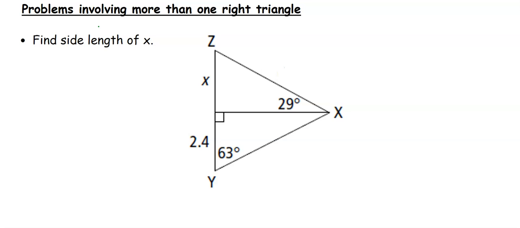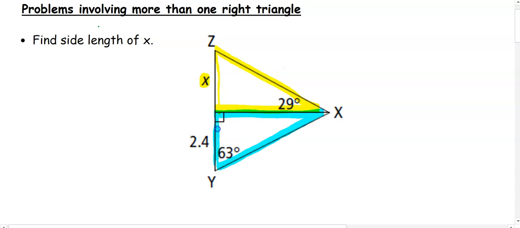So all we can do, if we want to find this side x, is use a right triangle. So I look at this right triangle right here, and I try to solve for x, and I don't have enough information. All I have is an angle. I don't have any sides. So I need to perhaps use this right triangle to help me lead to enough information to get to x. And I can see between those two triangles, they have a shared side. They share a side in common. So if I can find that shared side in the blue triangle, I can use it in my yellow triangle,